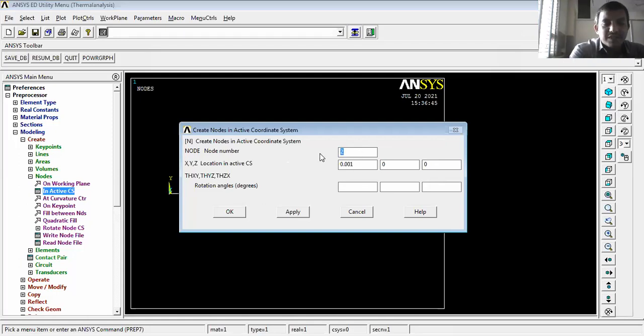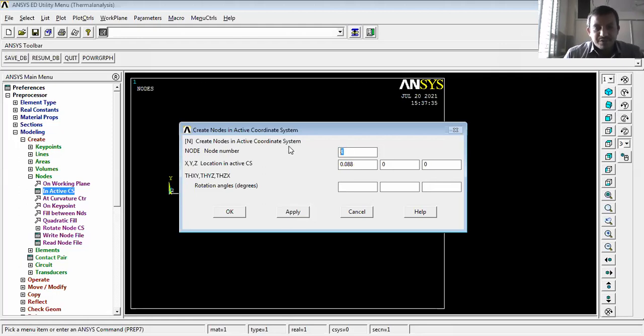Next, node number 3 with respect to origin. 1 plus 12, 13 mm. 13 into e raised to power of minus 3. Apply. Next, node number 4. 13 plus 75, that is 88. 88 e raised to power of minus 3.